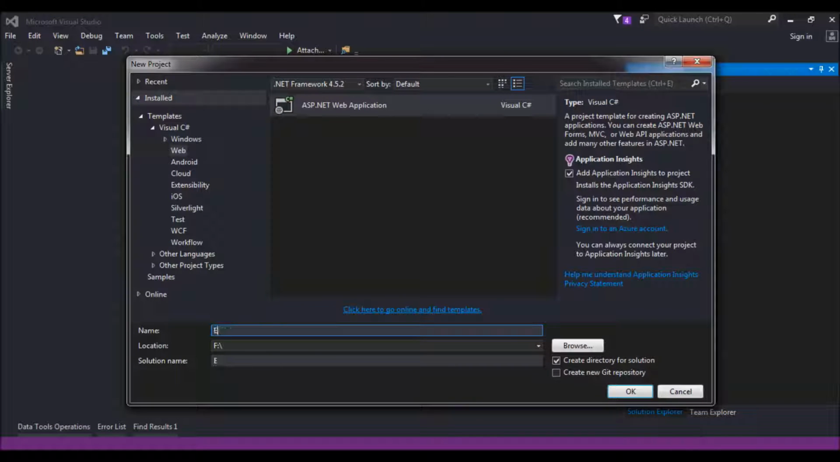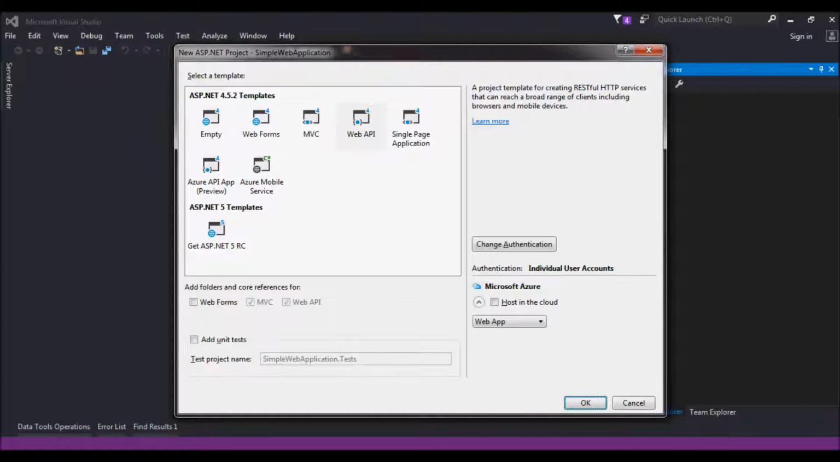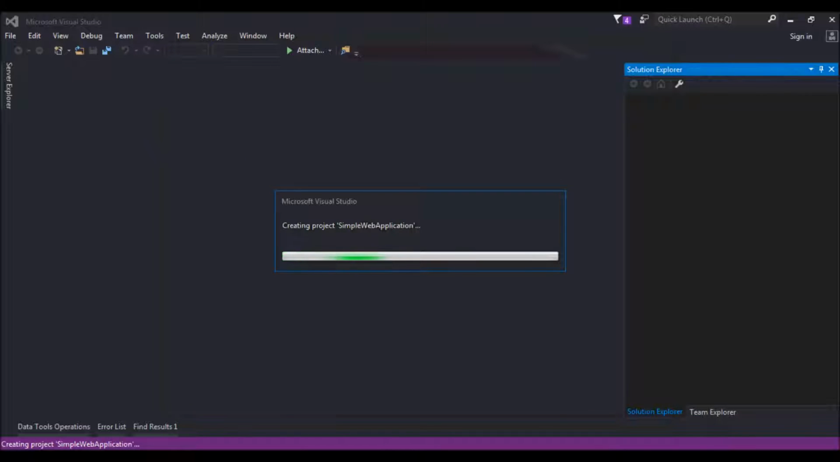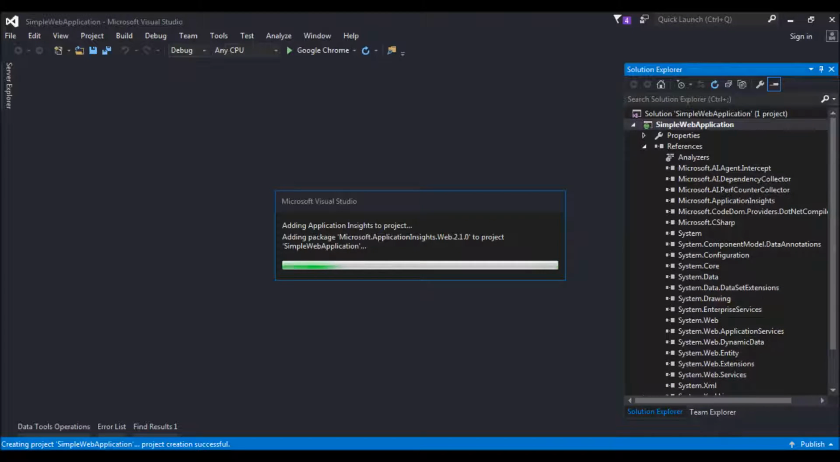and give it a name of simple web application. Create an empty web application. Okay, our web application is created,